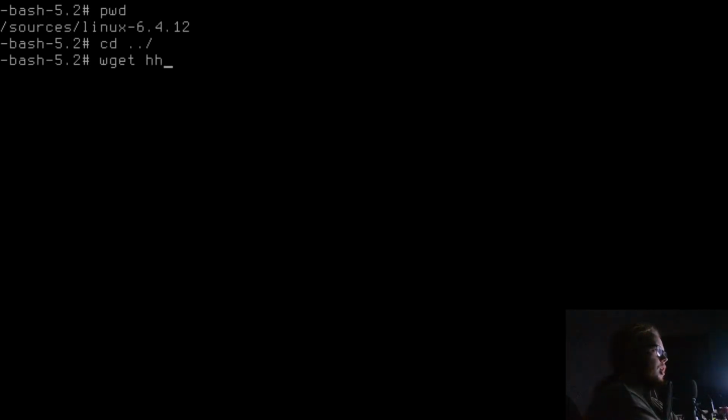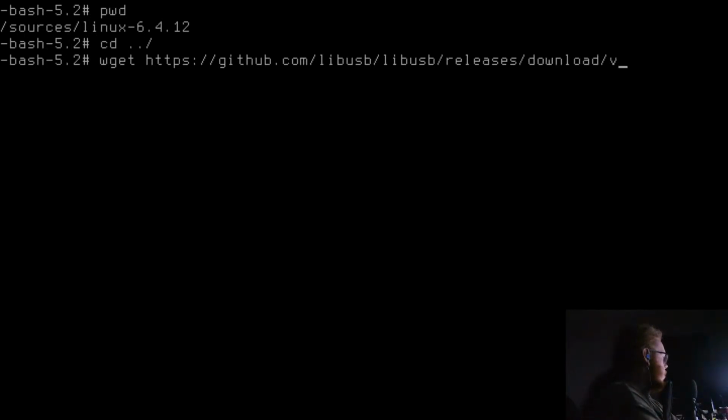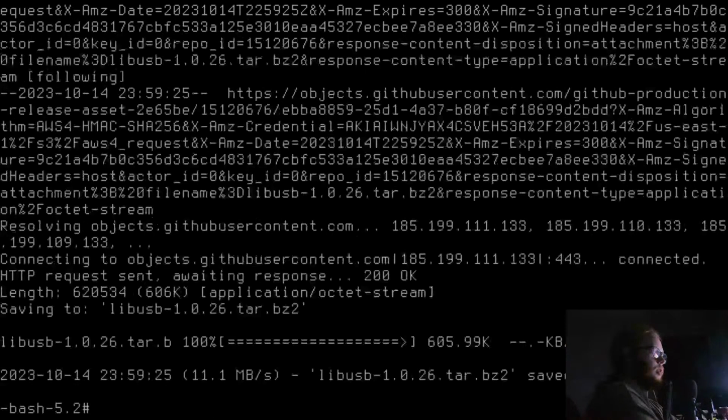This will be the last package we make. https://github.com/libusb/libusb/releases/download/v1.0.26/libusb-1.0.26.tar.bz2. Thank God.